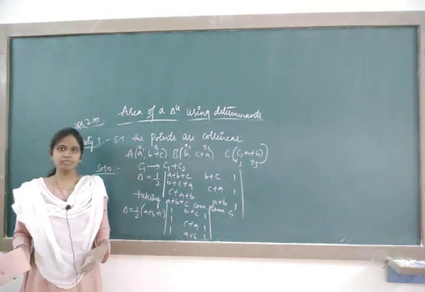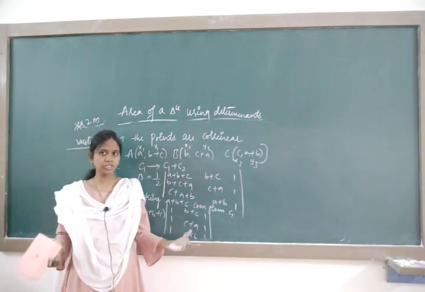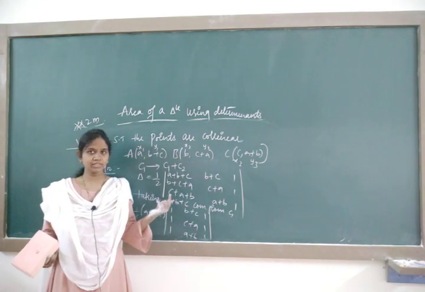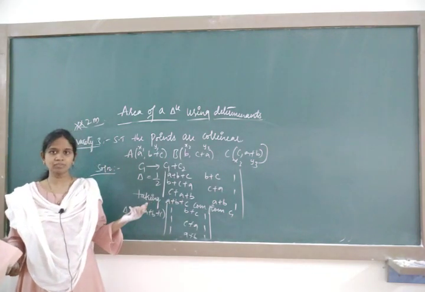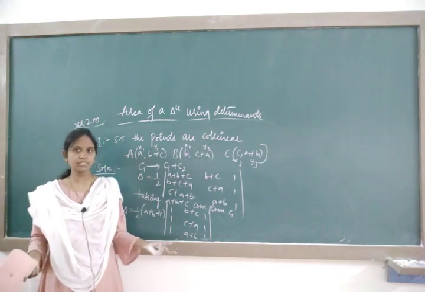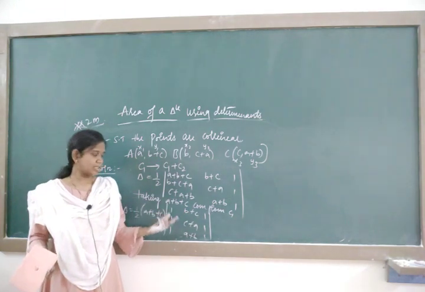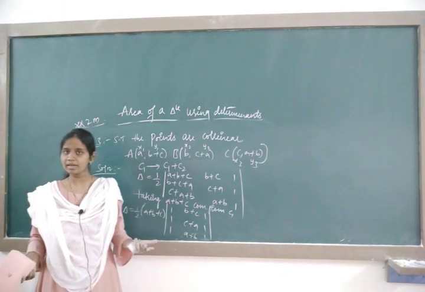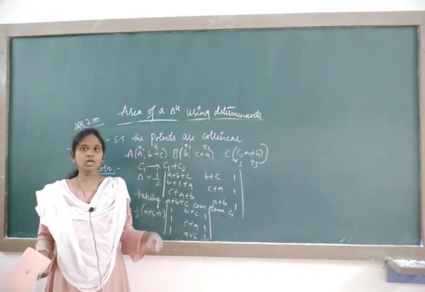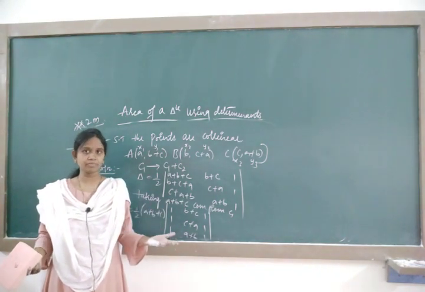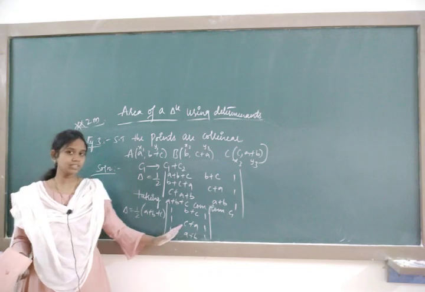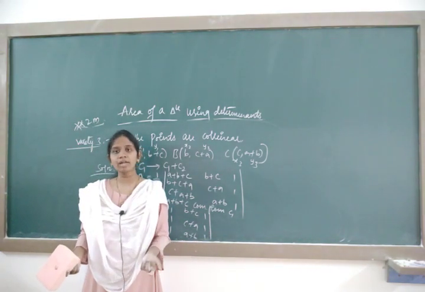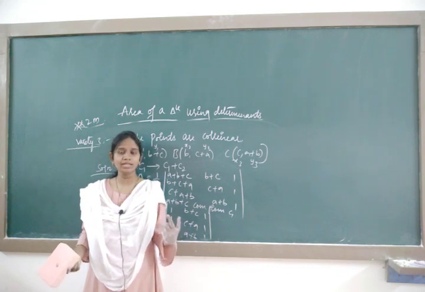Recall the properties of determinant. If you want, just recall the property 3 I had taken. Go to the previous session, the properties of determinant session, and check it out, property 3. What was property 3? If any two rows or any two columns are same, here C1 is same as C3. When these two columns are same, what is the value of determinant? We will write directly, it says 0.